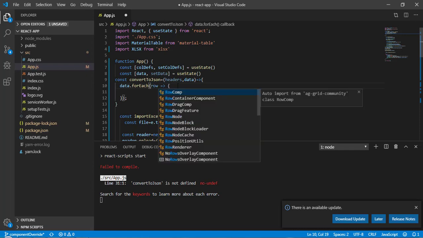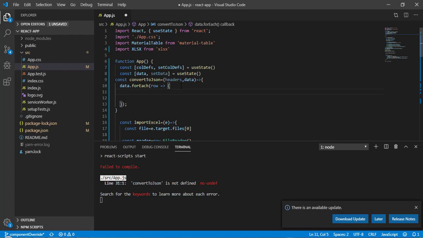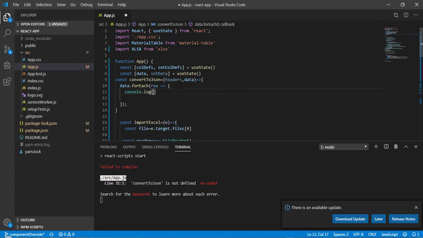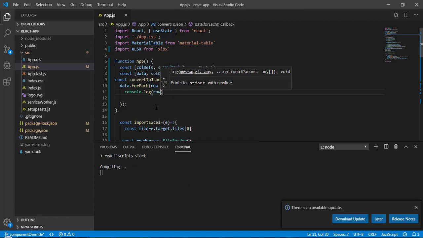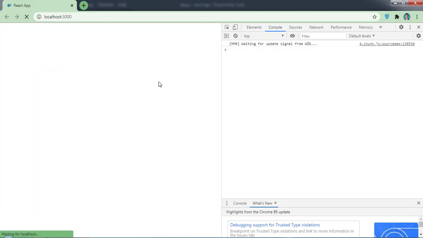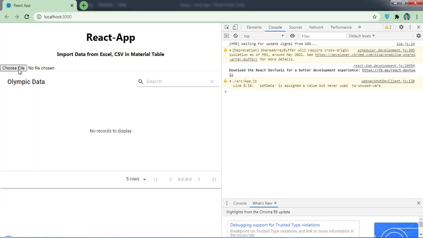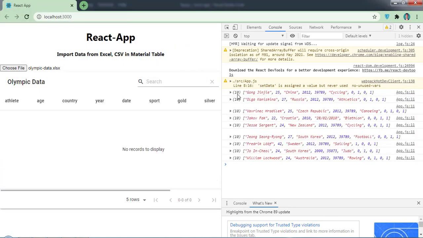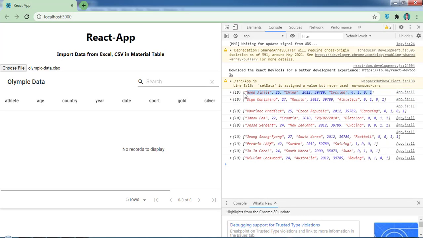So I will call it row. Now let me do console.log, and here I will write row. Now save it and come back here. Select this file, and as you can see, we started getting data one by one. It's still going to be a different array.